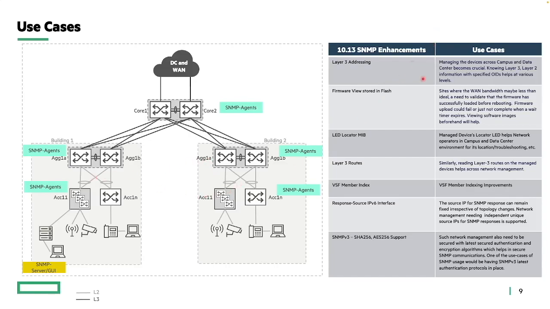Now, with respect to the enhancements, the use cases are tons, as we discussed in the overview section. We have layer 3 addressing, where managing the devices across campus and data center becomes crucial, right? Now, knowing layer 2 information with specified OIDs helps at various levels, right? We know those in IP interface details, we know ARP, a couple of ARP entries as well. We'll talk about it, and knowing those crucial table entries will help manage the network